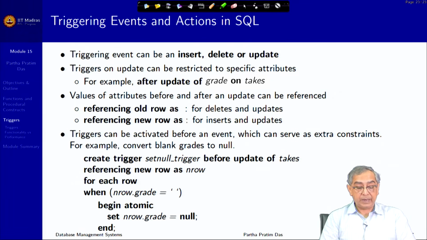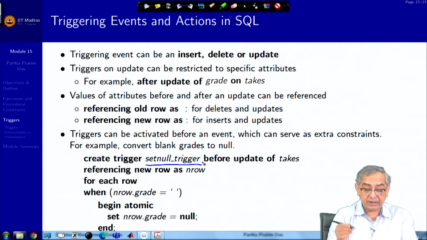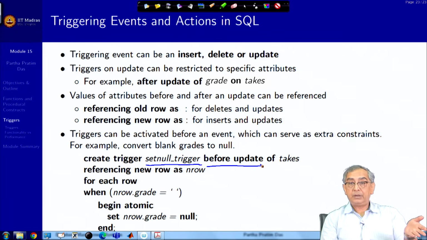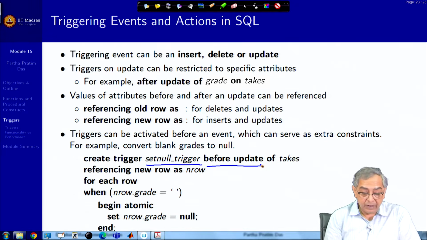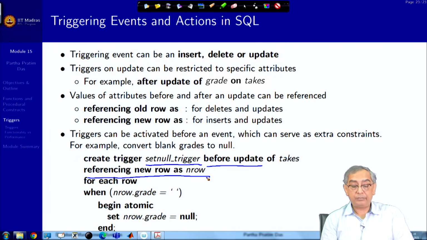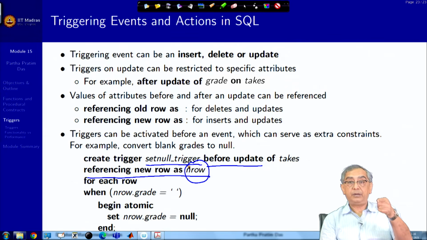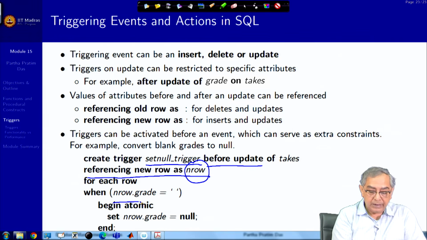So, this is an example of a trigger, create trigger. Everything in SQL starts with create trigger, before update. So, you know the trigger name, you know the trigger timing, you know the trigger event. So, three things are known. What you are saying is referencing new row as n row. So, n row is the new row that is going to happen with the update. And for each row, you are saying new row grade,